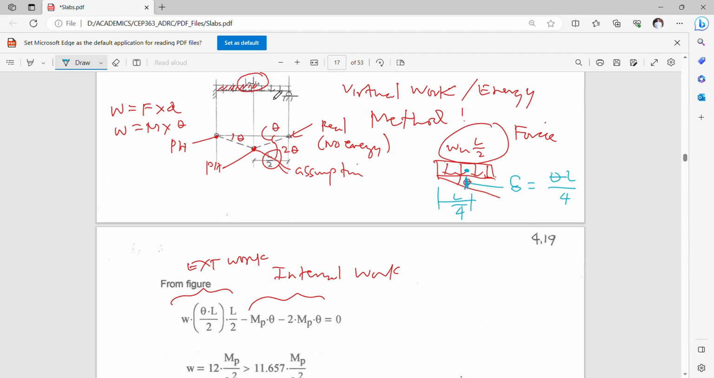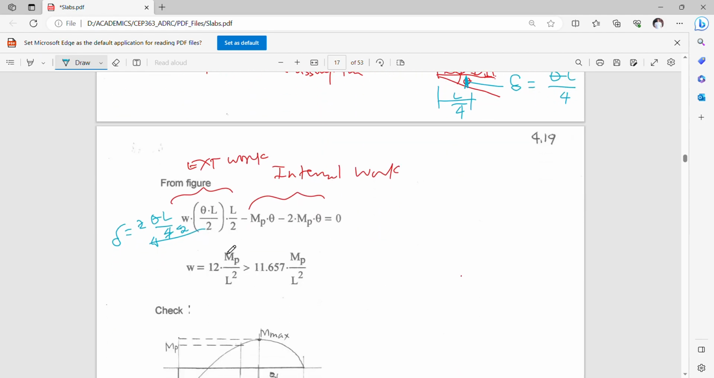So if you have two segments here, one at the left and one at the right, the total external work done in terms of delta will be simply equal to 2 times theta L over 4, which is simply theta L over 2. Okay, so you can cancel out 4 there and this becomes 2. So this is theta L over 2. And manipulating this one here will yield an expected result of your ultimate or your plastic load